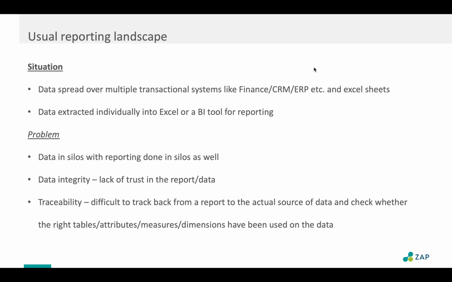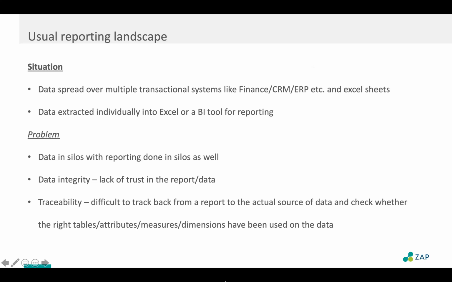Quite often it's a bit like finger in the air, from the experience we've had in the industry, and they are not 100% sure this is the right thing. Clearly, in those situations, you don't have a scalable reporting landscape. You clearly don't have a landscape where you can trust what is coming out. So those are the usual things we see in today's market with businesses.